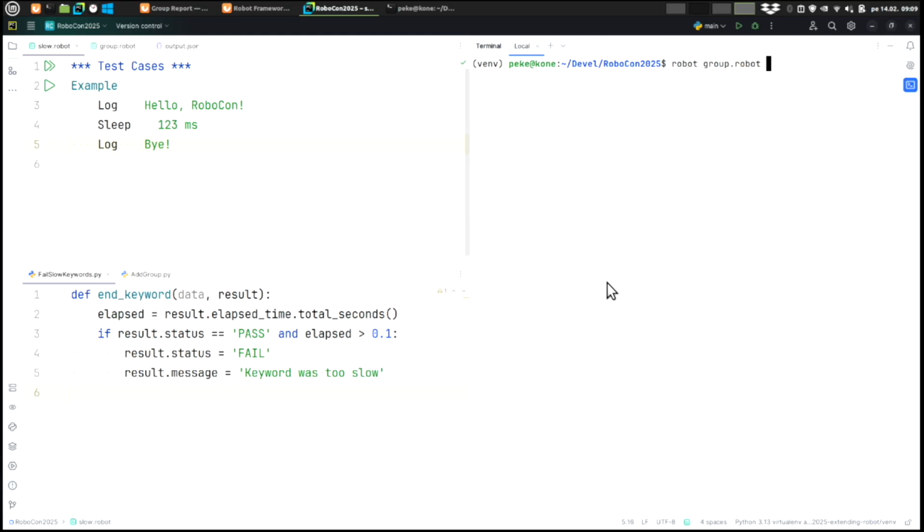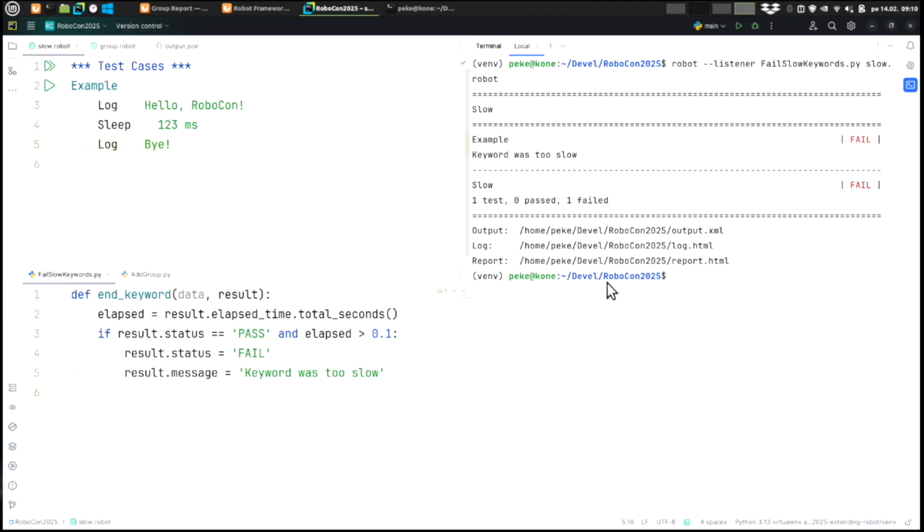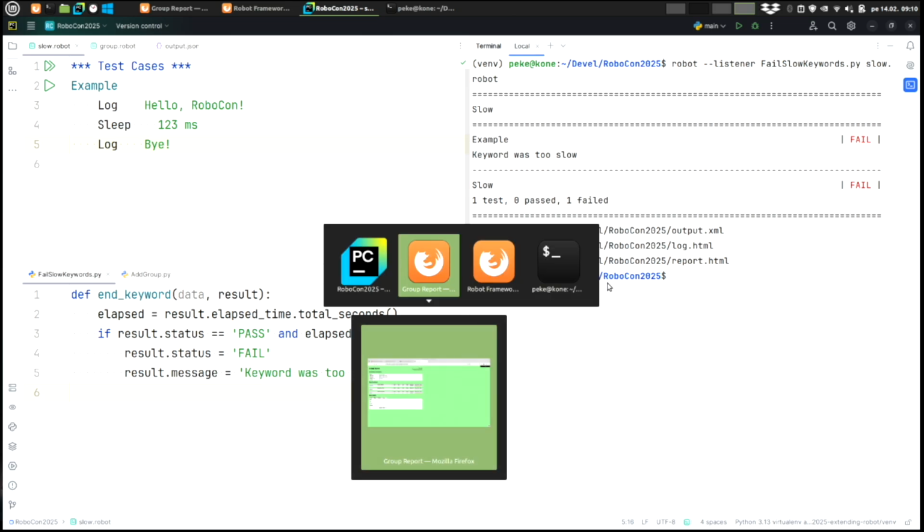So let's see how it works. I can run it like this with the typical robot command, with the listener argument and that fails log keywords, and that's it. And we can see here that it didn't succeed. Keyword was too slow. In the log file,